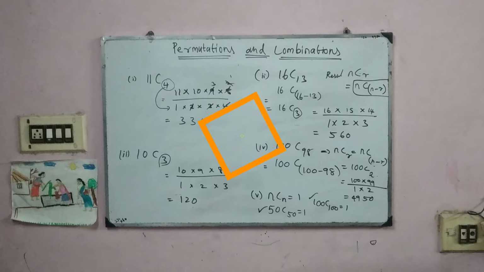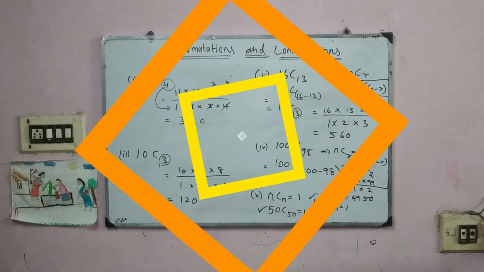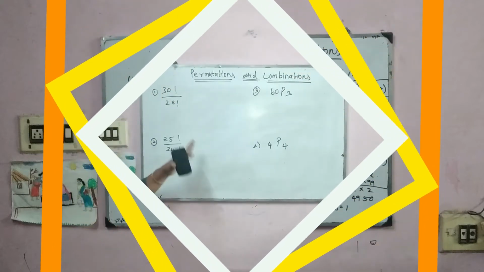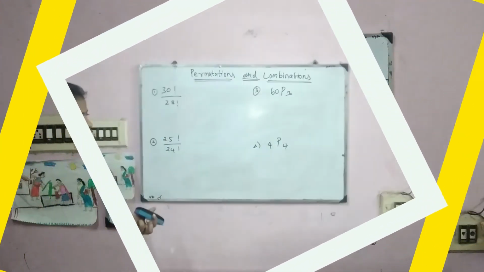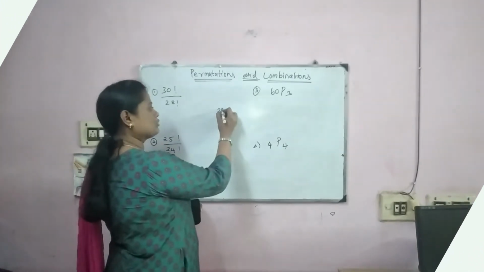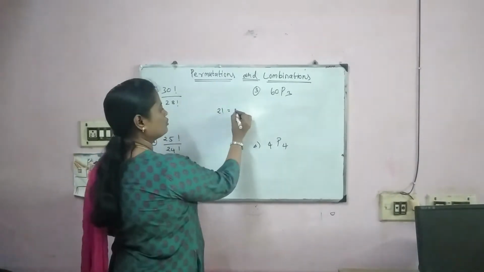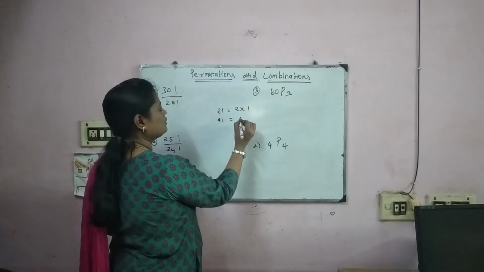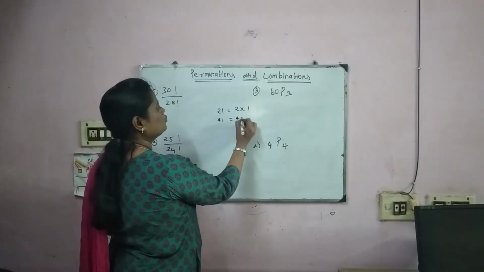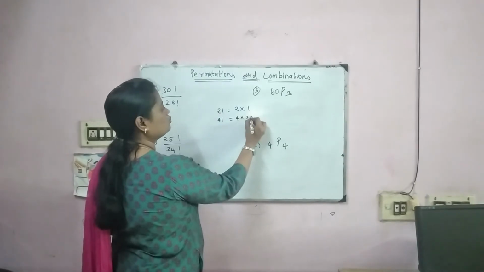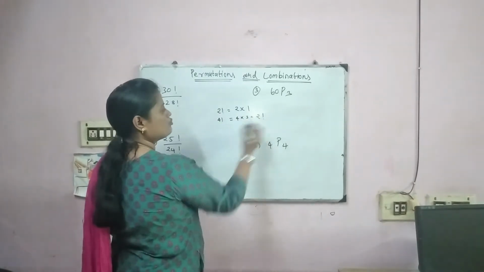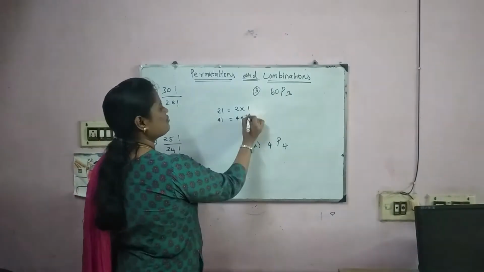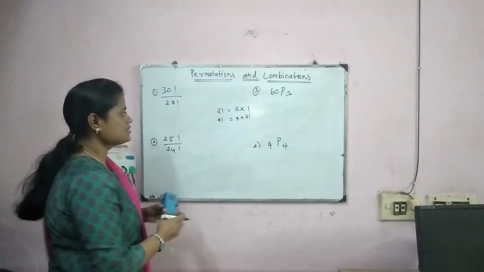So next we are going to discuss permutation values. How to calculate the permutation values? Before that, we have to know how to calculate the factorial notation. We know 2 factorial, you write it in a backward order, 2 into 1. For 4 factorial, you write 4 into 3 into 2 into 1. So 2 into 1 we can write as 2 factorial, or otherwise 3 into 2 into 1 we can write as 3 factorial. Like that you can simplify this.